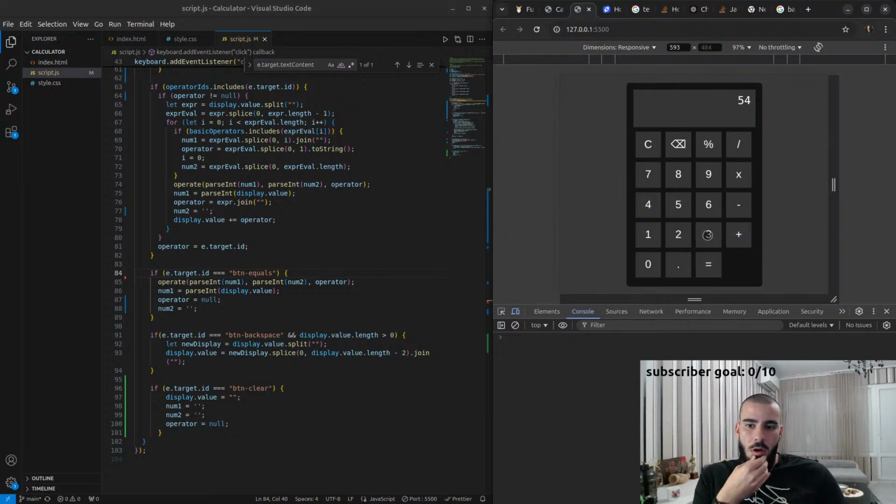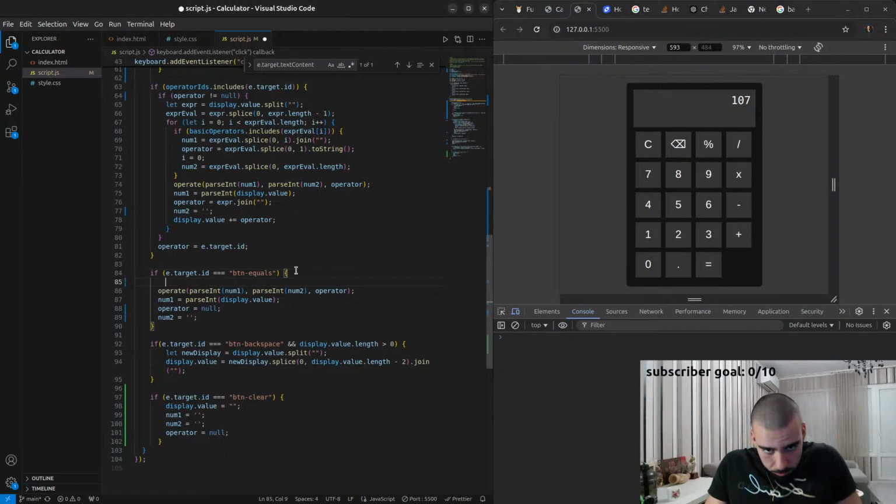This works now, but plus 8, 62 plus 45. The way we initialize things is not quite ready yet, but